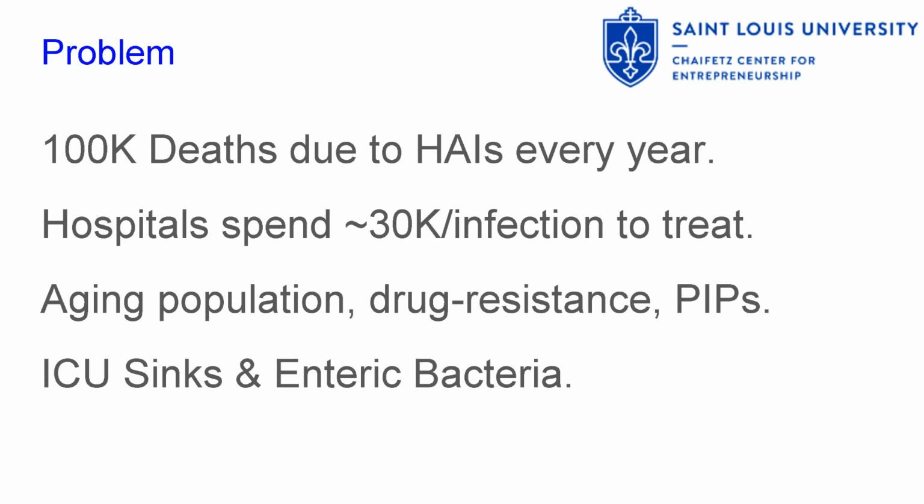Now, this is where we come in. A growing body of peer-reviewed research indicates that the sinks and the sink drains in ICU rooms are an important source of bacterial outbreaks. And if you think about it, this really makes sense. A lot of other surfaces in the ICU are exquisitely decontaminated. They're exposed to UV light or they're exposed to chemical disinfectants. But the sink receives very minimal attention, despite being one of the only permanently wet sources of contamination in the